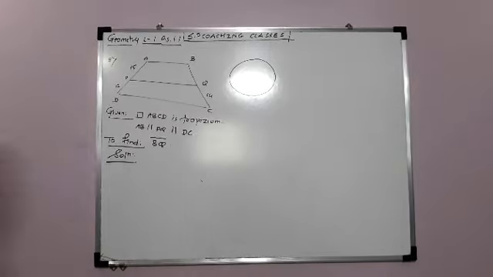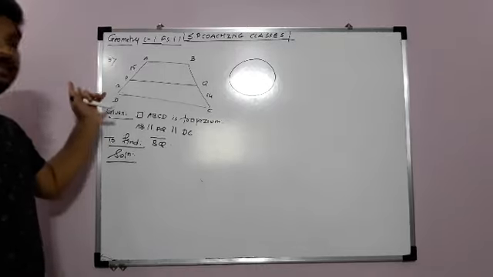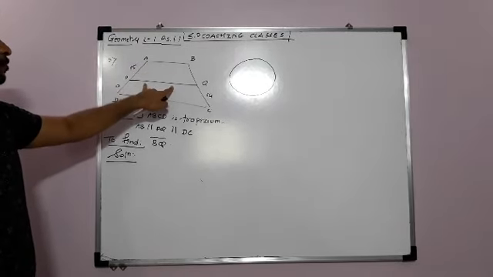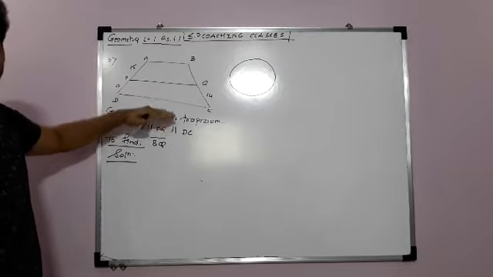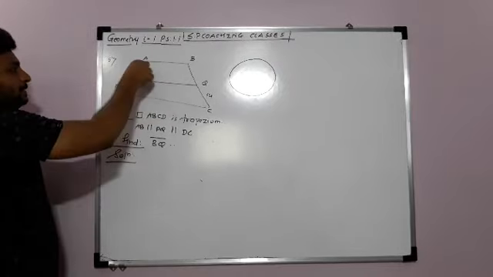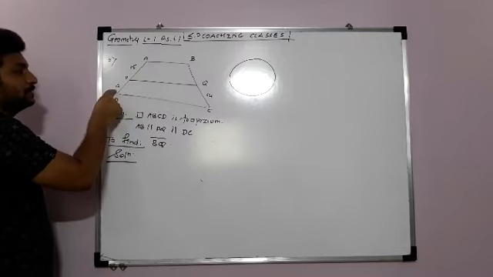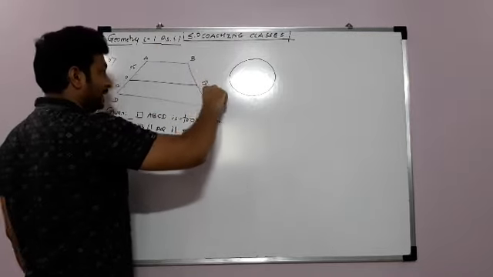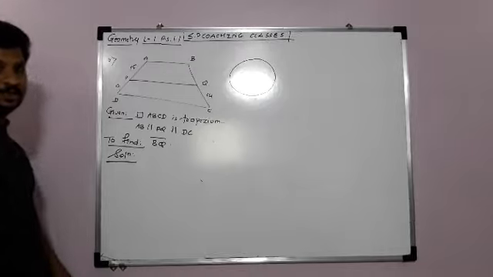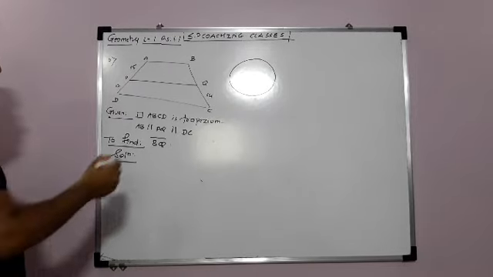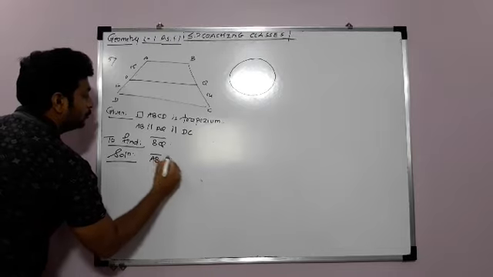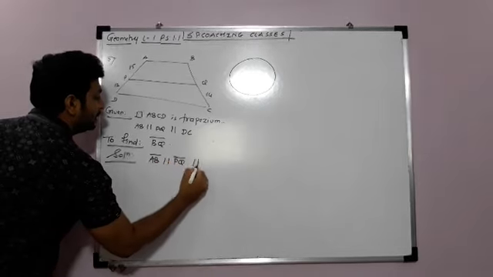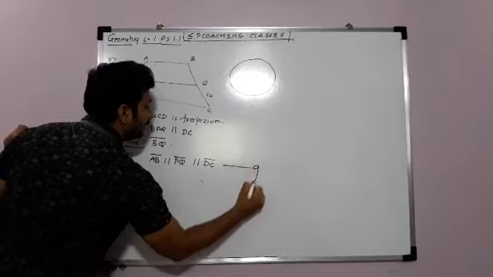Now guys, let's move to the fifth sum. What is given, guys? ABCD is a trapezium. AB is parallel to PQ is parallel to DC. Means all the three sides are parallel to each other. And what else is given, guys? AP is 15, PD is 12, BQ we have to find, and QC is given as 14. Is it clear? Now what will we use here, guys? AB is parallel to PQ is parallel to DC. This is the given part.